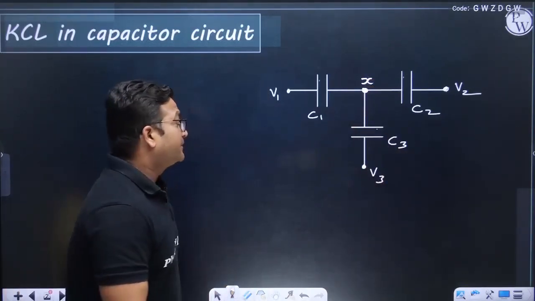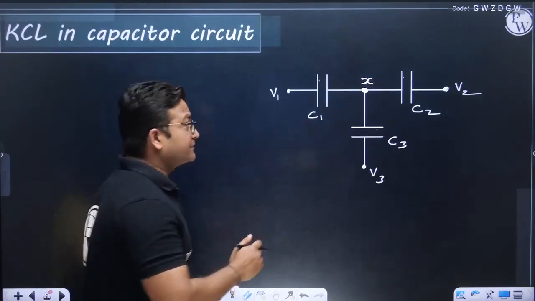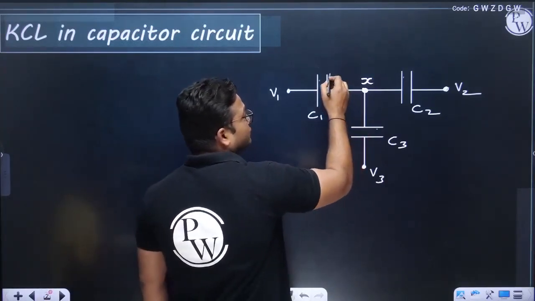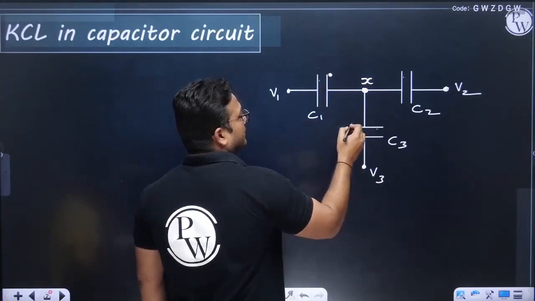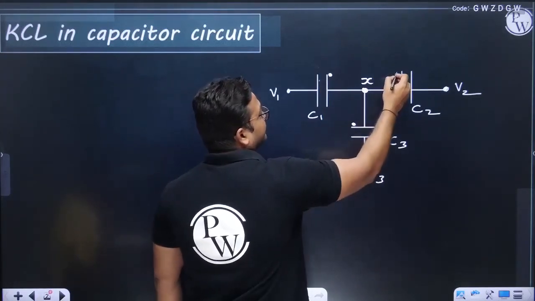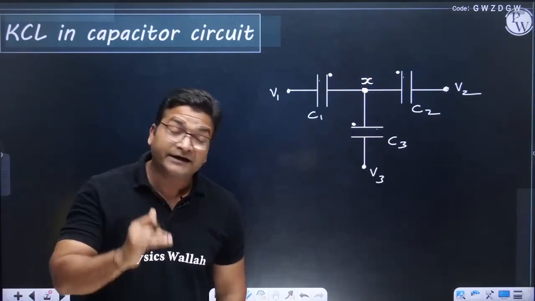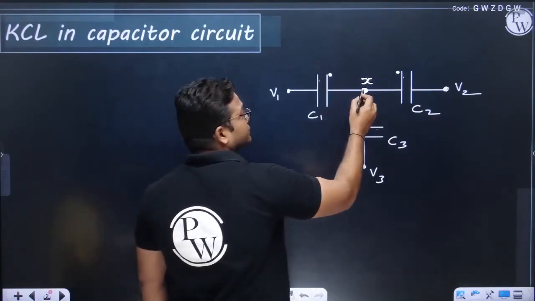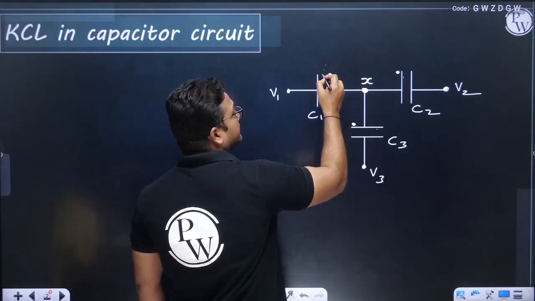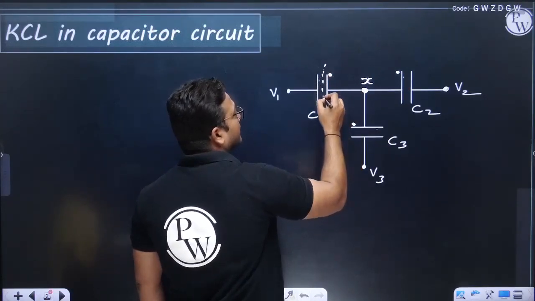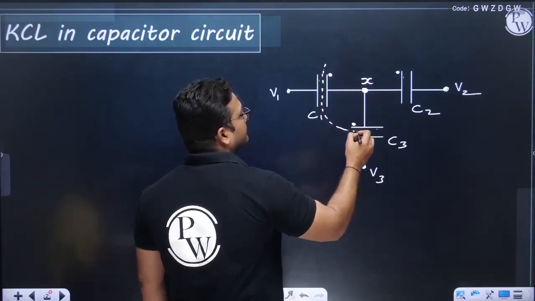Now look, the 3 plates of 3 capacitors are connected to this point. Which ones? This plate and this plate. These 3 plates of 3 capacitors are connected at this junction. So if you take a system of these 3 plates,